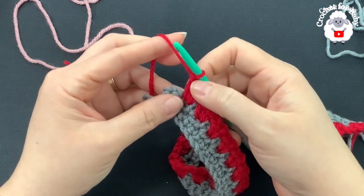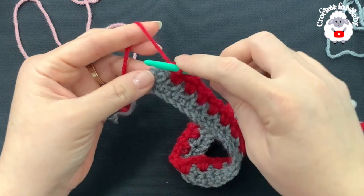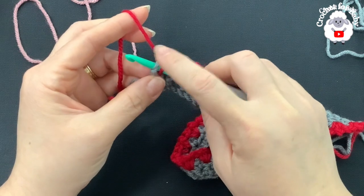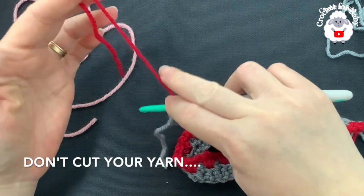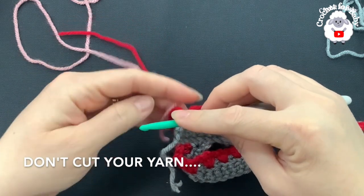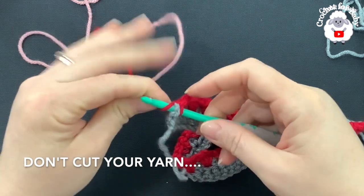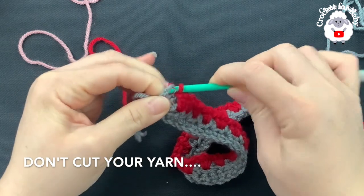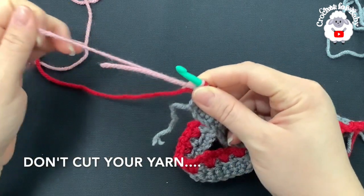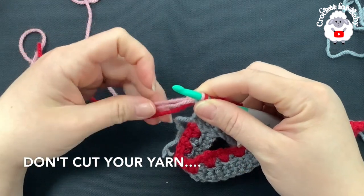Now here at the end I did a chain, and to finish we're going to go here on top of this last chain right there, and we're going to make a single crochet. But I've already cut my yarn, so I'm just going to grab both colors like this, and I'm going to grab a loop and make my single crochet. To close this single crochet, I'm going to do it with this pale rose color